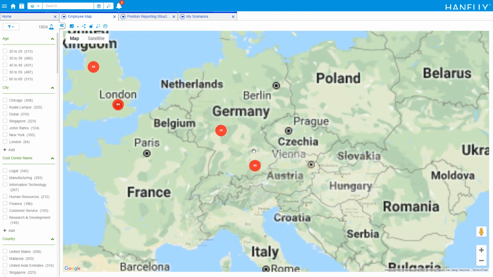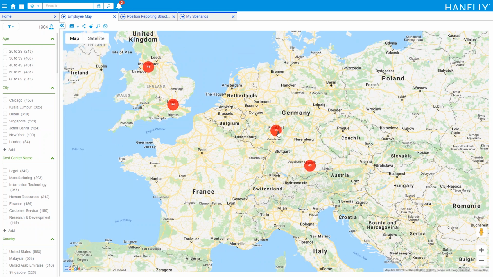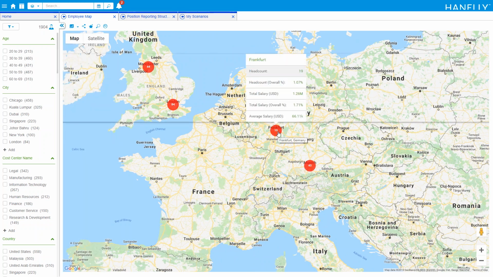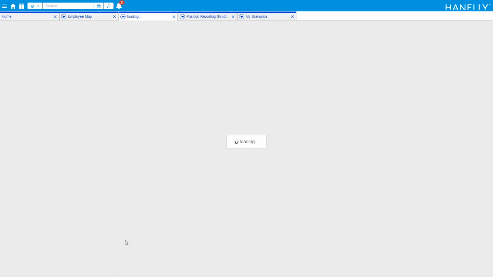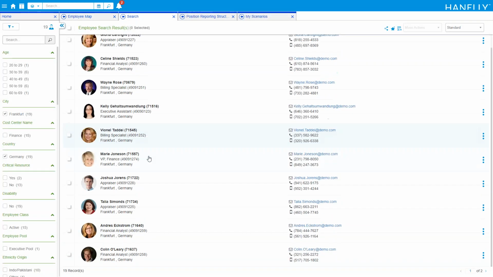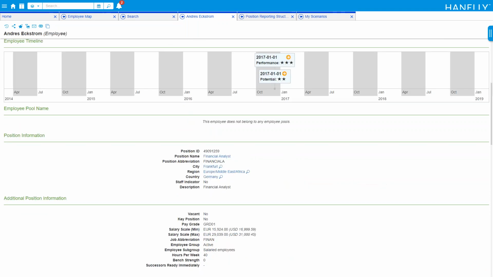I'm able to drill down and see exactly where my employees are located. When you mouse over, it gives me an indication that, let's say, we have 19 employees located in Frankfurt, which represents 1.07% of the overall population. And of course, by clicking on this 19, you're able to drill down to exactly who these 19 individuals are. From there, you can very easily go to the profile of these employees, where you can see various information related to the employee,